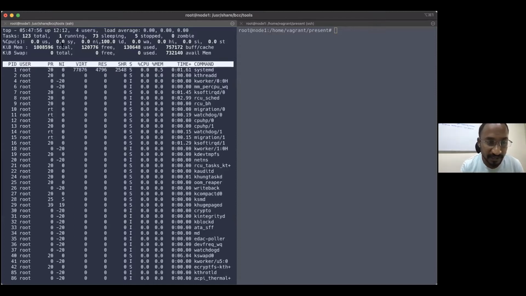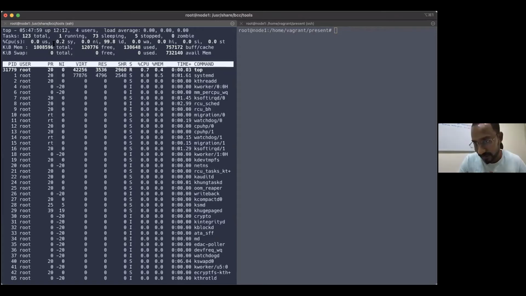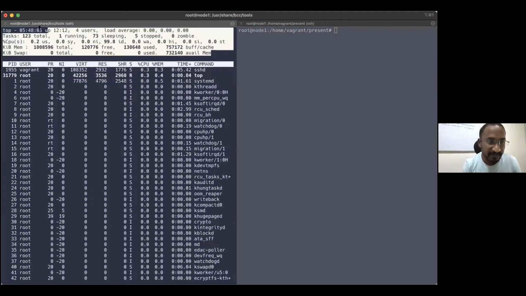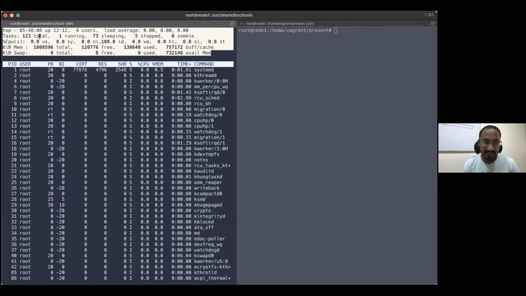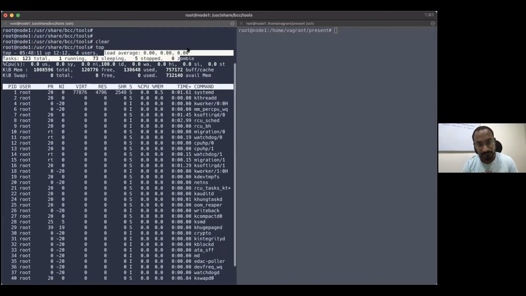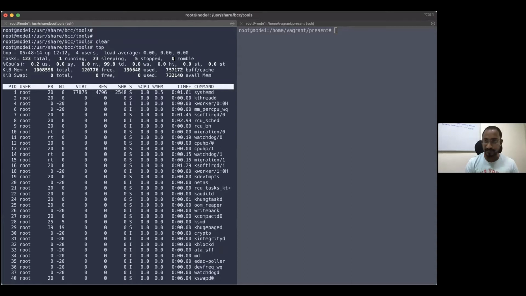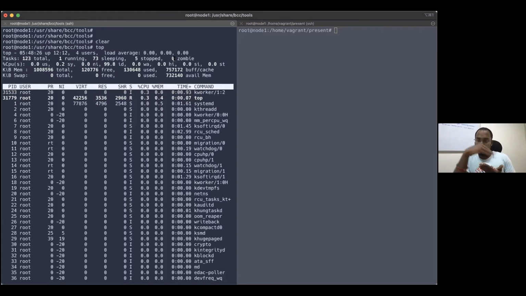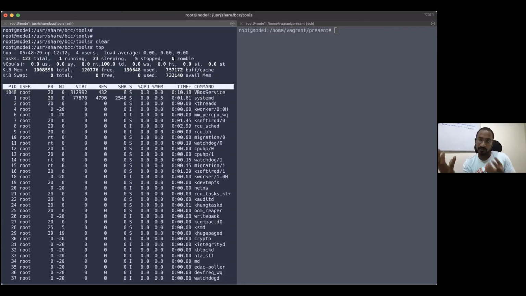So guys, I'm not going to take you through every point, but I'd like to pinpoint a few important things. This place is a very important point for me personally when I am observing some issue. Basically, I start from here, load average. What does load average mean? Load average is trying to tell you how much demand your CPU is having, meaning how many processes are in the ready state to use the processor to execute their instructions. That is a very important point.